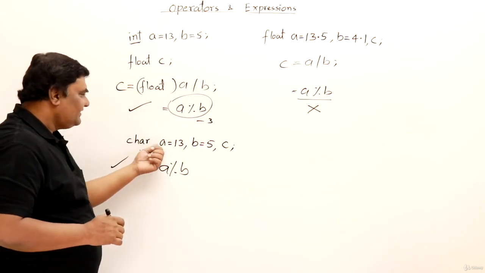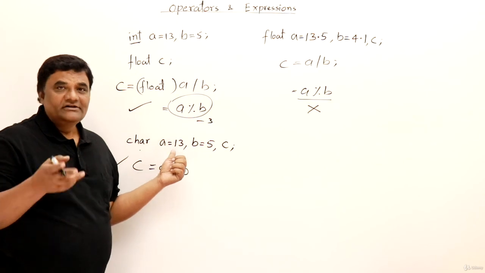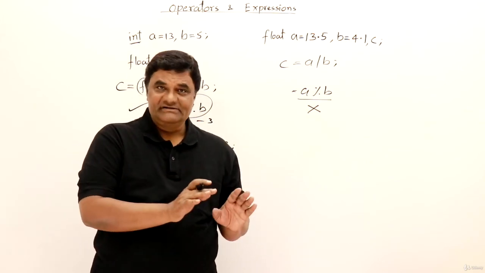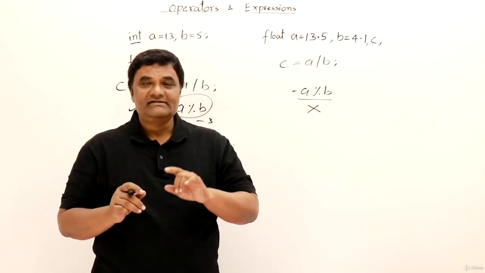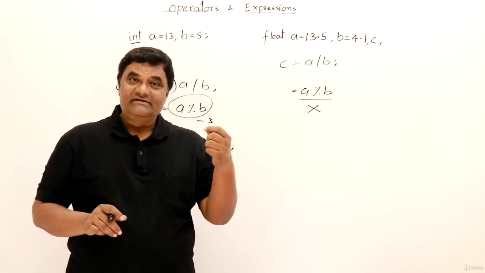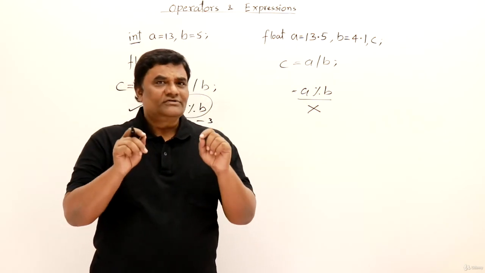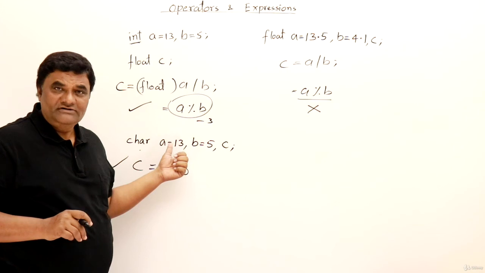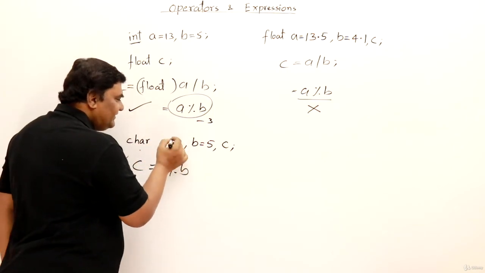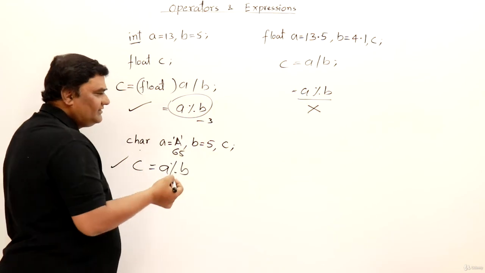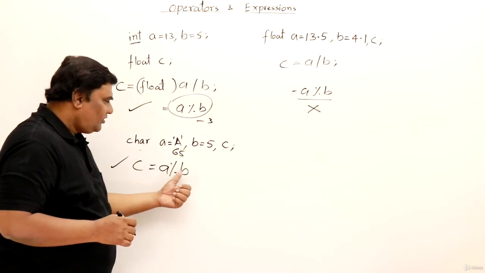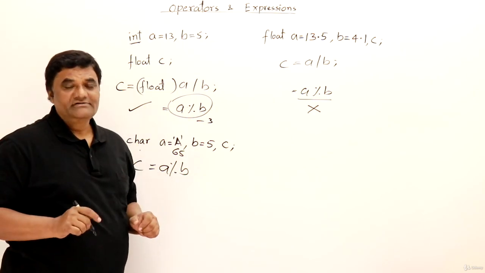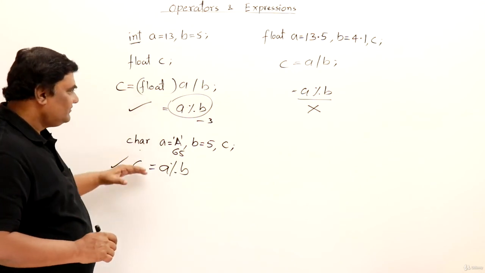Here you may get confused that how come I am storing numbers in character? So if you remember, we have learned in the data types that characters are nothing but numbers. These are codes. So every character has an ASCII code. So actually a character is integral type only. So it will store the codes of the character. So if you're not storing any character, directly you can assign a code also. Or else if I write A here, then this is nothing but 65. It's a numeric value 65. So when mod operation is performed, it is performed on their numeric values, that is integral values. So that's all. Mod operation is allowed on these two.